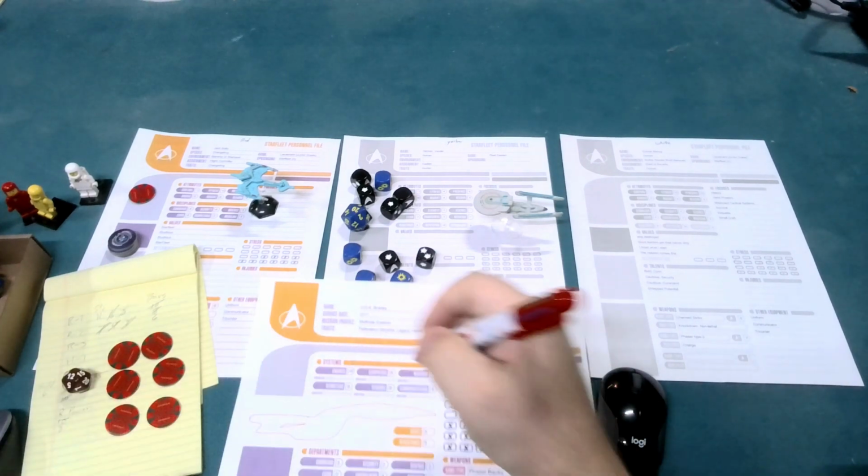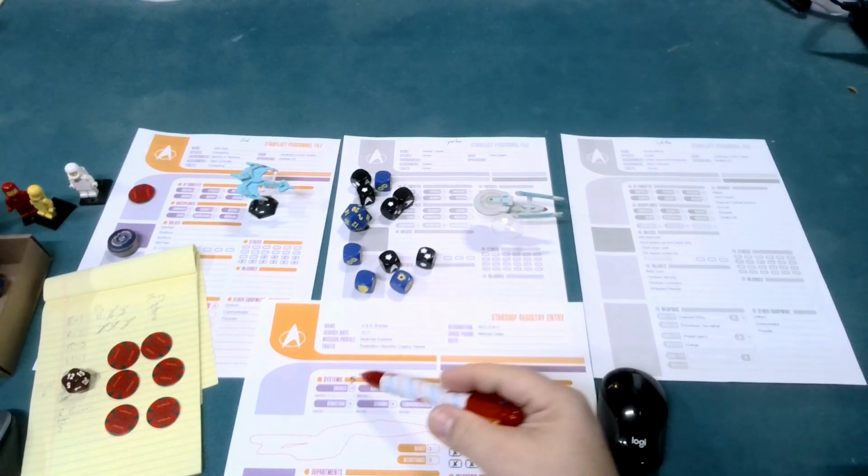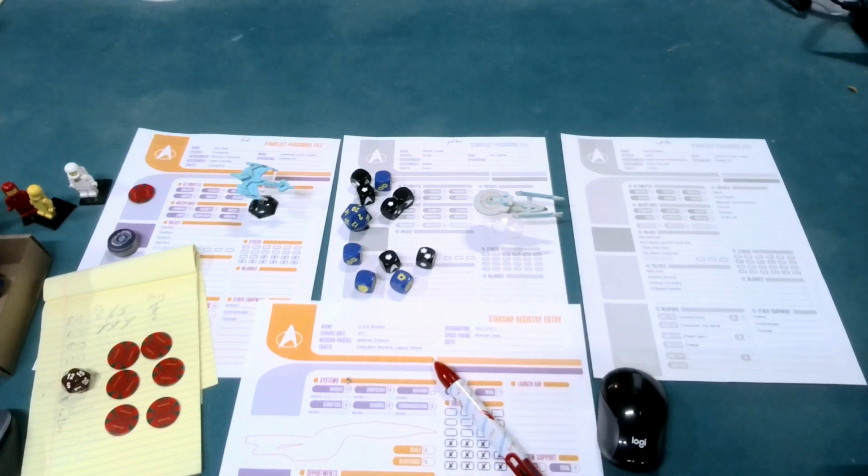Actually, if I reprint this, why don't I do this? I'll just do this in pen. So now I have 5. Okay? That's my estimate of things. So we also have the breaches table. So if I have a scale 3 and if I get 2 breaches,